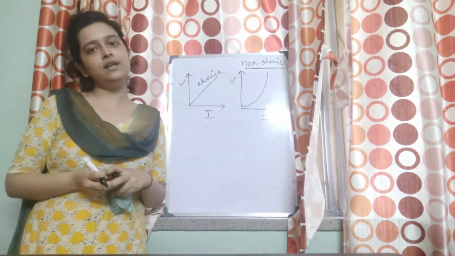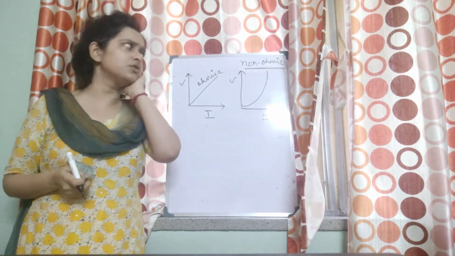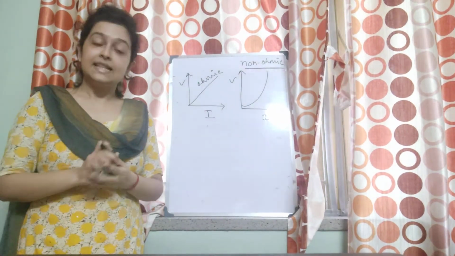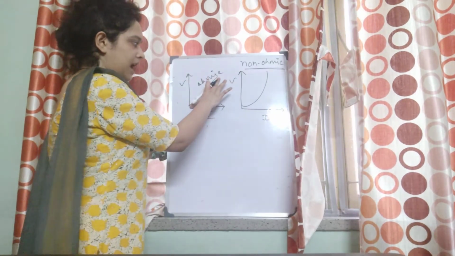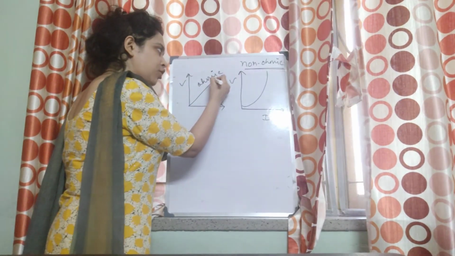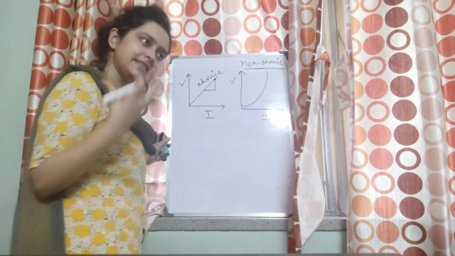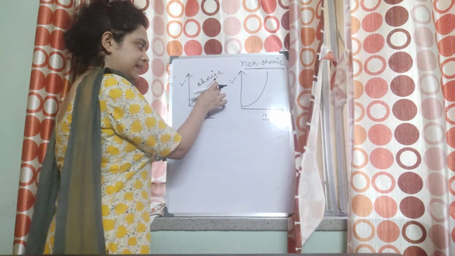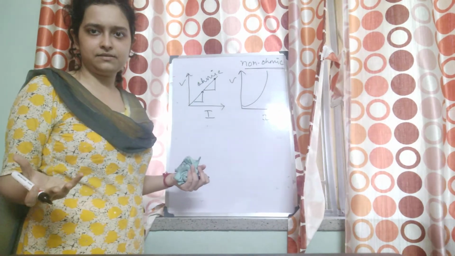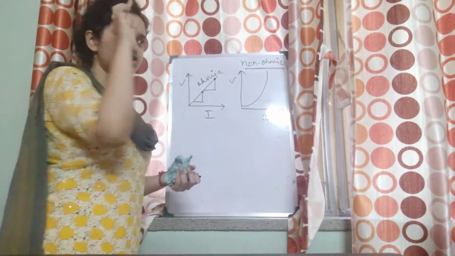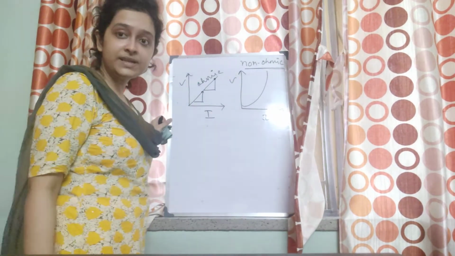In the higher classes, you will learn about diodes. You have diodes and transistors. Those do not follow Ohm's law. Suppose this is an Ohm's law graph. Even if someone among you calculates the slope like this, you will get the same resistance, delta V by delta I. Again, if someone calculates here, you will get the same resistance. Anywhere along this line, you will get the same resistance. But here, that won't be the case.